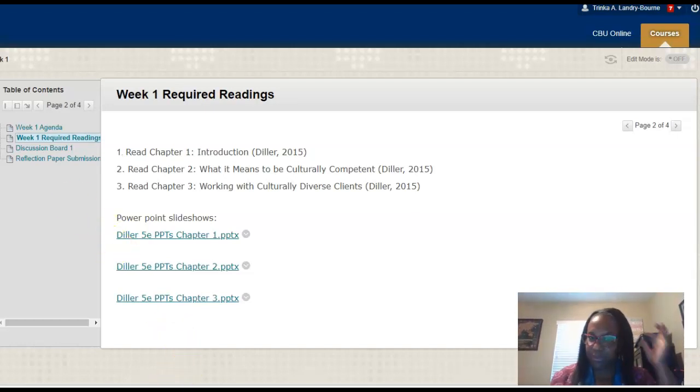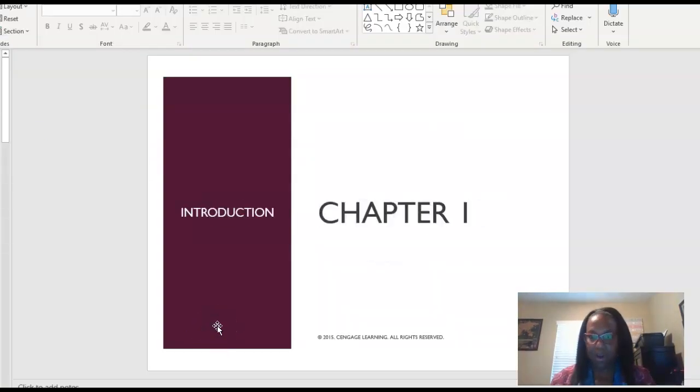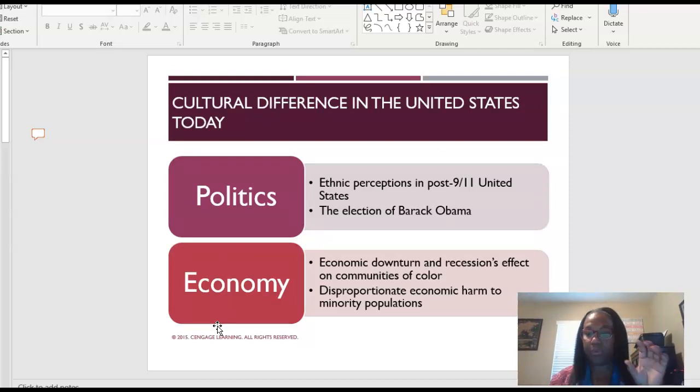Just going to briefly touch through your PowerPoints. Making sure that you are going through not only the readings, but the PowerPoints will help bring all that together. I'm not going to go through every single aspect of the PowerPoints because I want you to take the time to review it, and I don't want you to think just because I review it in the lecture, that means that you don't have to review it on your own. So I really want to encourage you to take the time to review it on your own.